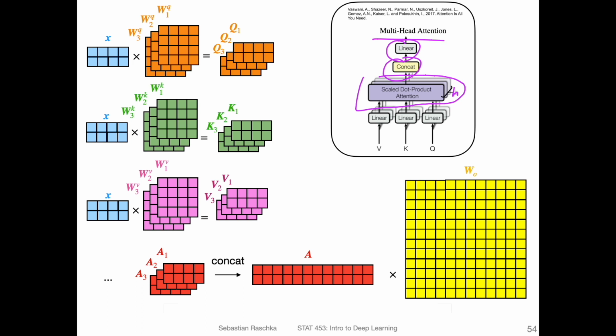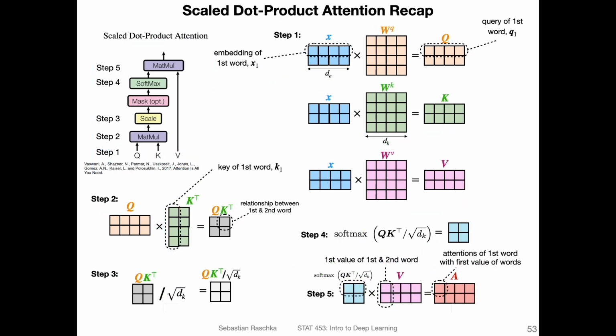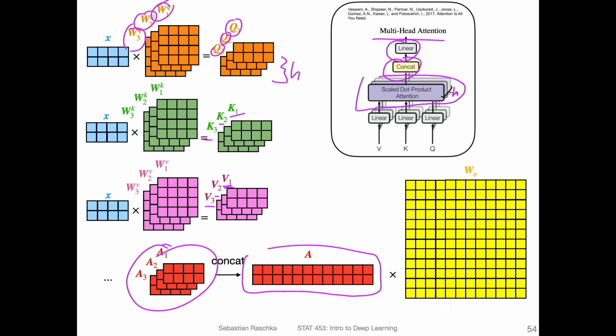So here I try to visualize that by having 3 matrices instead of 1. So we get 3 queries and so forth. And that's of course also true for the keys and the values. And you can think of them as different slices or different layers, and you can compute all of these H ones in parallel. Then you concatenate them, so you get these A's. If I go back one slide, so you get H times this A, and then you concatenate those, and then you multiply it by a weight matrix, and this is the fully connected part here.